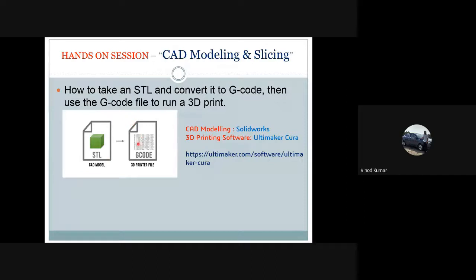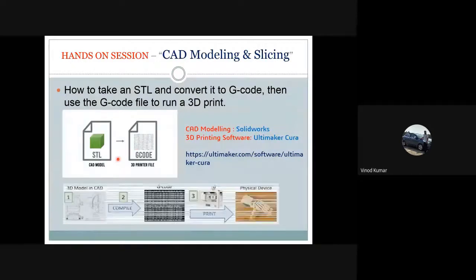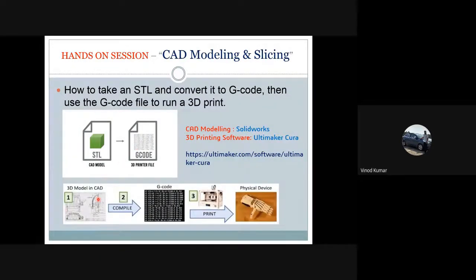In this photo, what they have put is the CAD model, which is in the form of an STL file. The STL file, which is called the stereolithography file, has to be converted into G code. Now, why does this have to be converted to a G code? I'll try to explain that. Any model we need to compile and convert into G code, and only the G code can be fed to the 3D printer to make the final product out of it.